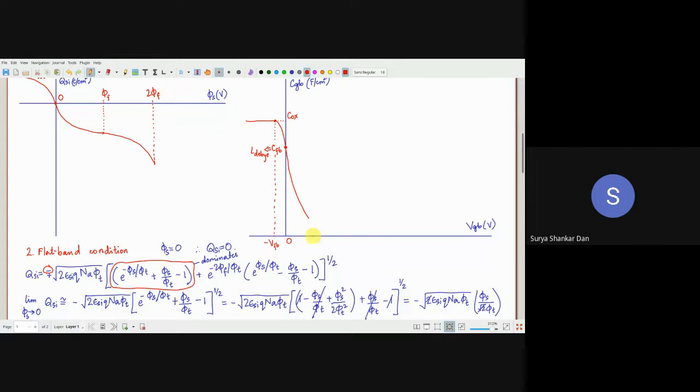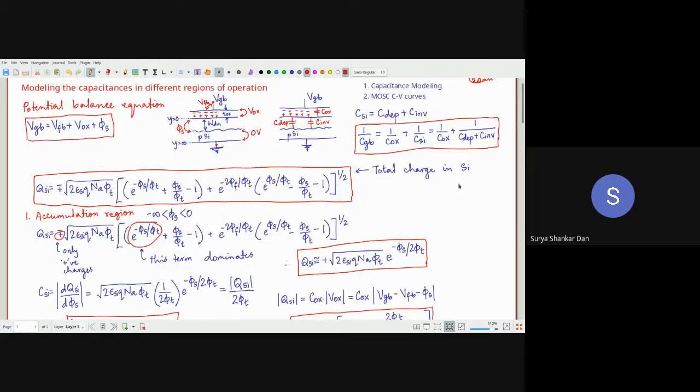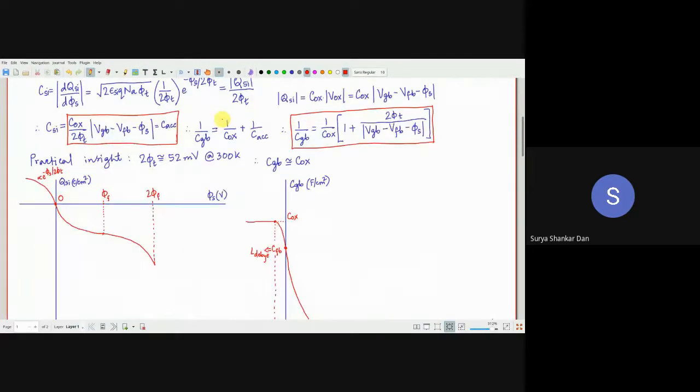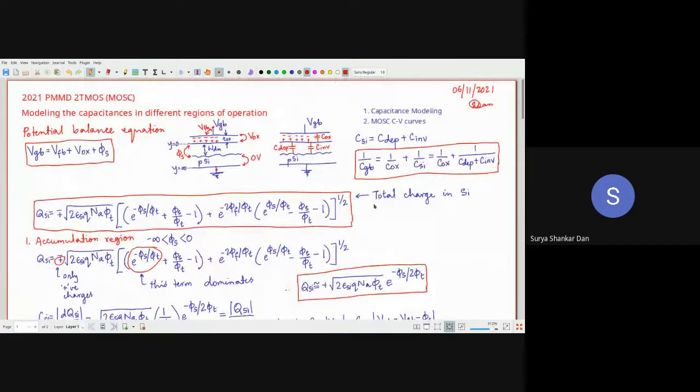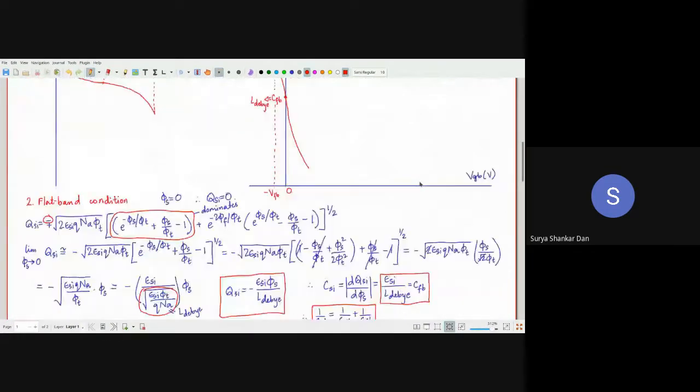And how about this part here? Notice that the capacitance will keep on decreasing because of your increasing depletion width. The more VGB you apply, the more the depletion region will increase. And if the depletion region increases, what will happen? The depletion region WDM will increase, so your depletion charges increase. So basically your capacitance keeps on decreasing, thanks to this part over here. Okay, very good.